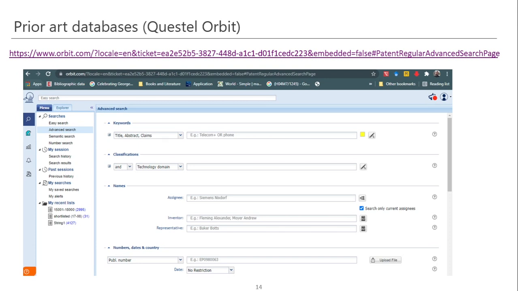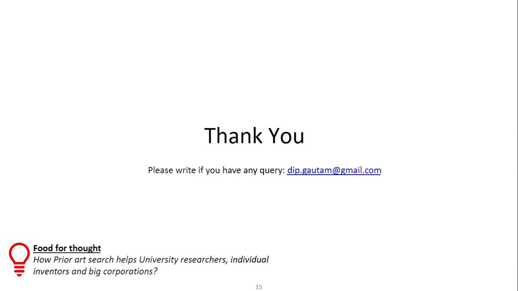So these are Derwent Innovation and Questel Orbit. These are two popular private databases which provide the aggregation of regional databases, worldwide, and they also provide certain tools where you can easily search the meaningful, relevant information related to your research topic. This is the end of this session, and in part 2 we will talk about how to develop an effective search strategy and how to find relevant information in these patent databases.